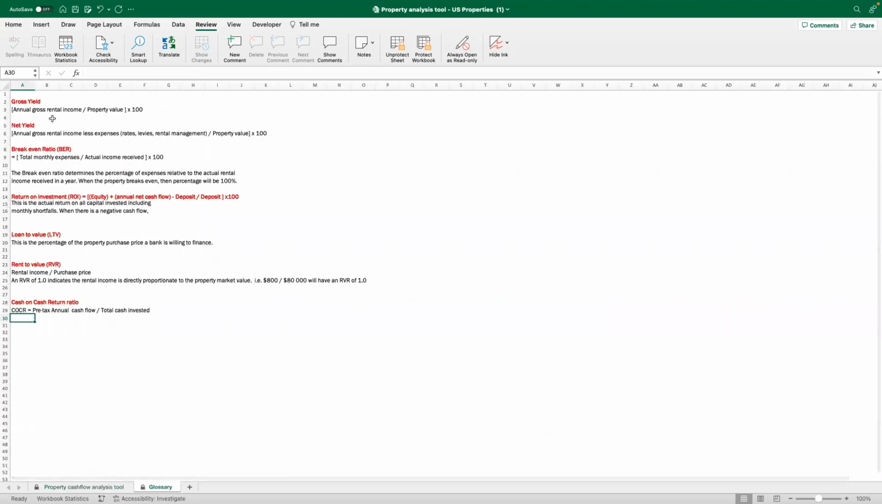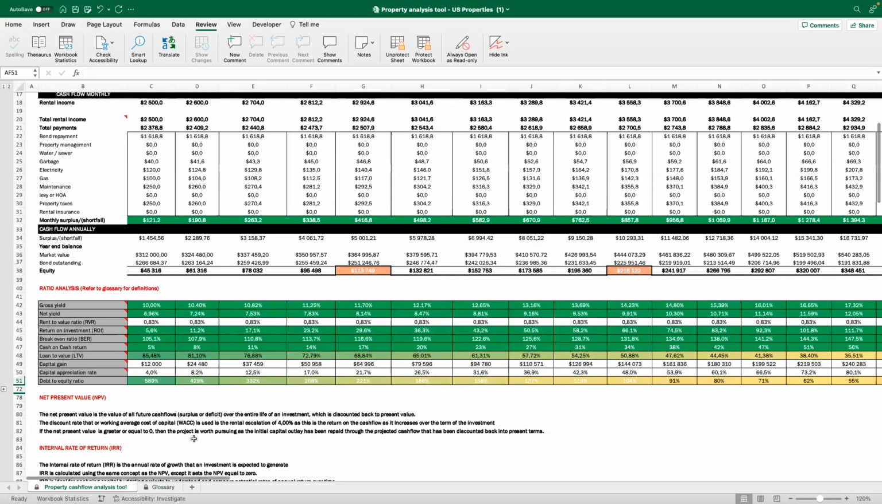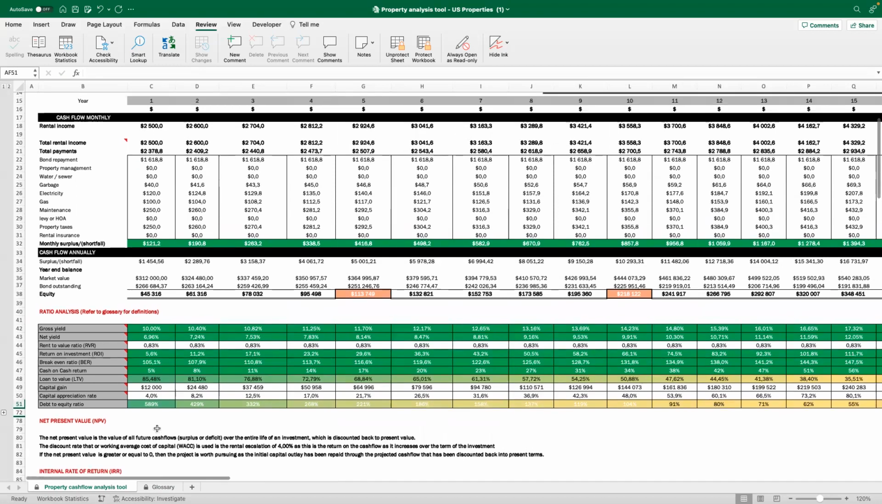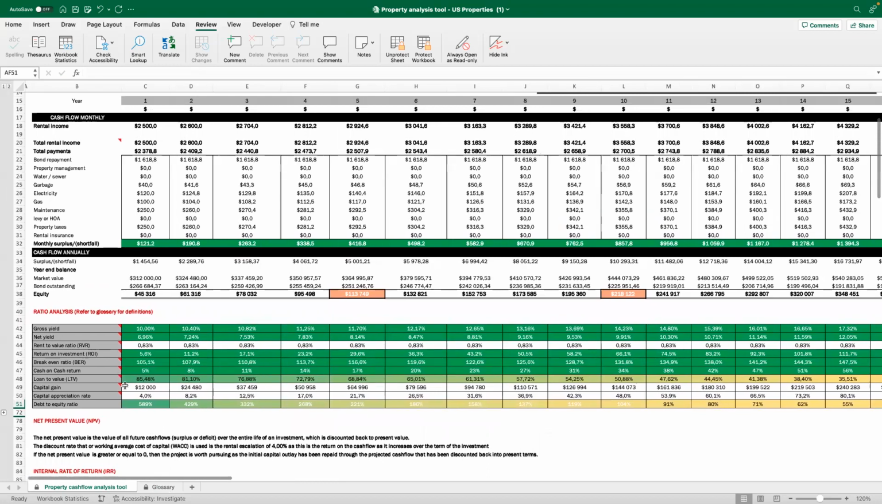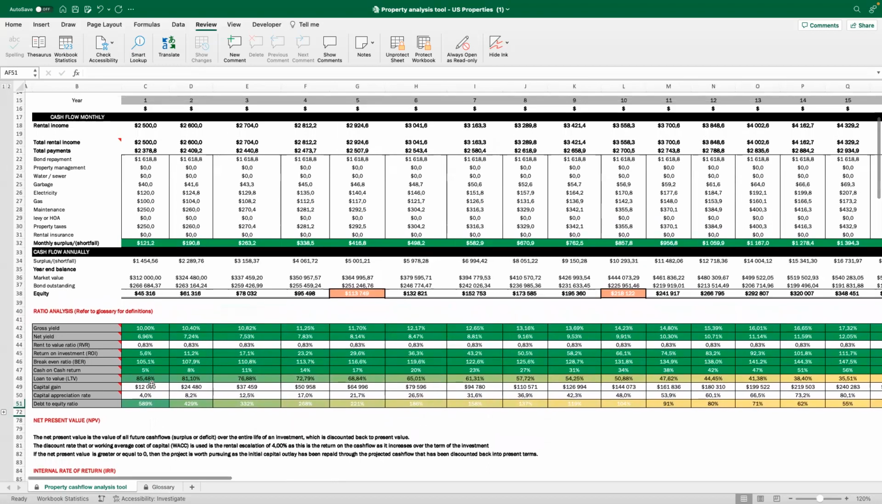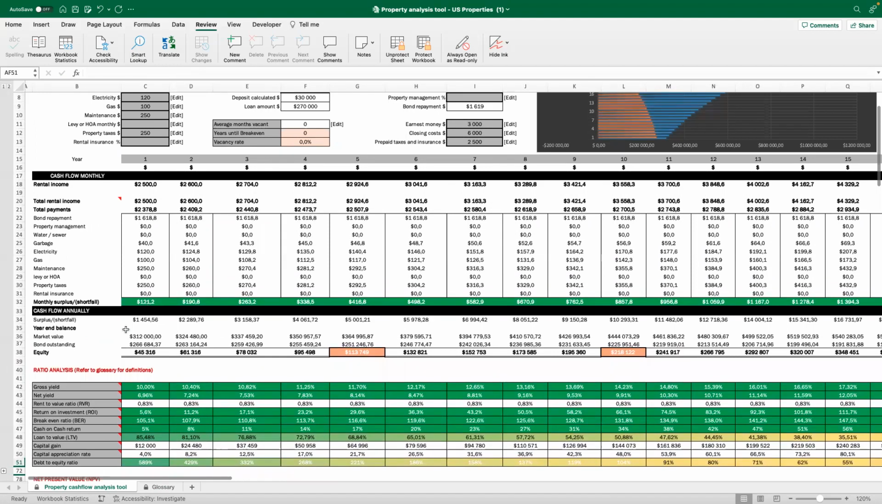Here's the glossary if you want to just read up on what these are. There are many more ratios one can use. This is just some of them. What you can basically do is you can have this template and you can save it on a PDF and compare two properties that you're analyzing and keep track of and see which one has the better ratios based on these formulas. And then one can make a decision whether or not the cash flow might look good in